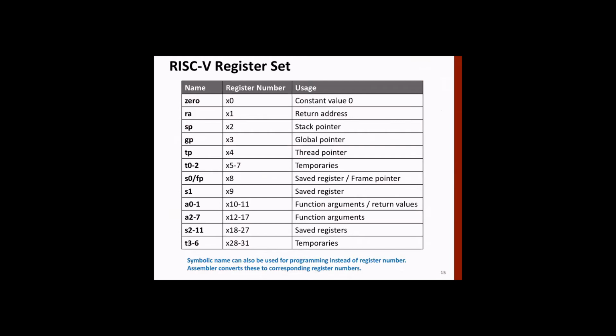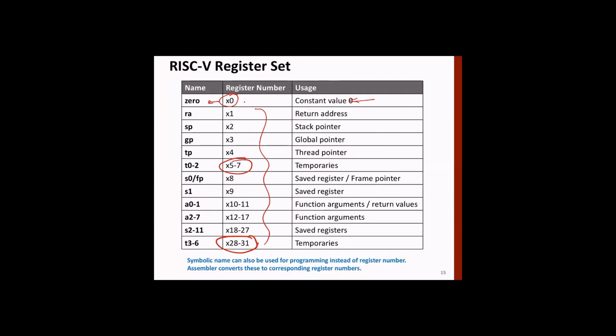As we said, there are 32 registers, X0 to X31. Register X0 is always 0. It's a constant value 0. All other registers will not always be fixed at 0; the values of the remaining registers can vary. Now there are various functionalities associated with these registers. For example, what we will very often use are temporaries, where temporary and intermediate values are stored, which are X5 to X7 and X28 to X31.